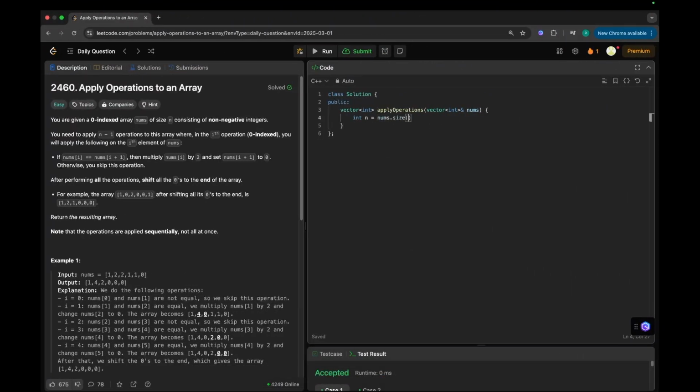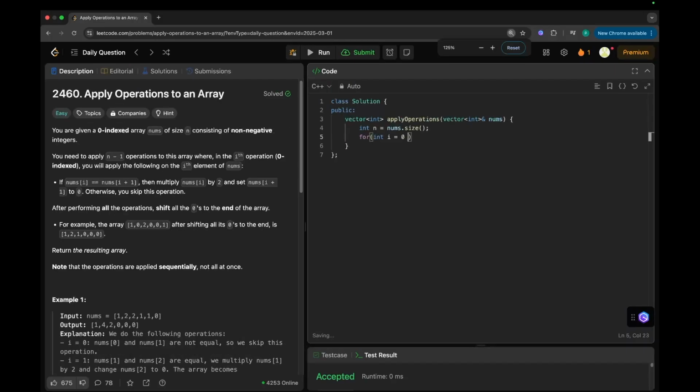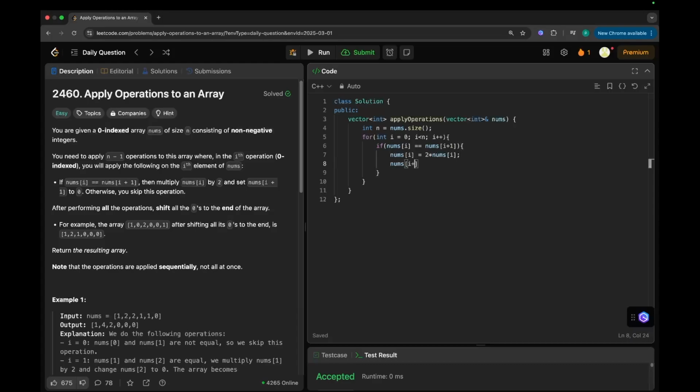So let's store the size of the nums and let's start iterating in the nums. Let me increase the font size as I got so many comments for that. So if nums of I equals nums of I plus 1, then we need to update nums of I with 2 into nums of I and nums of I plus 1 with 0. Now we need to create a start index with 0 and start iterating in the nums.